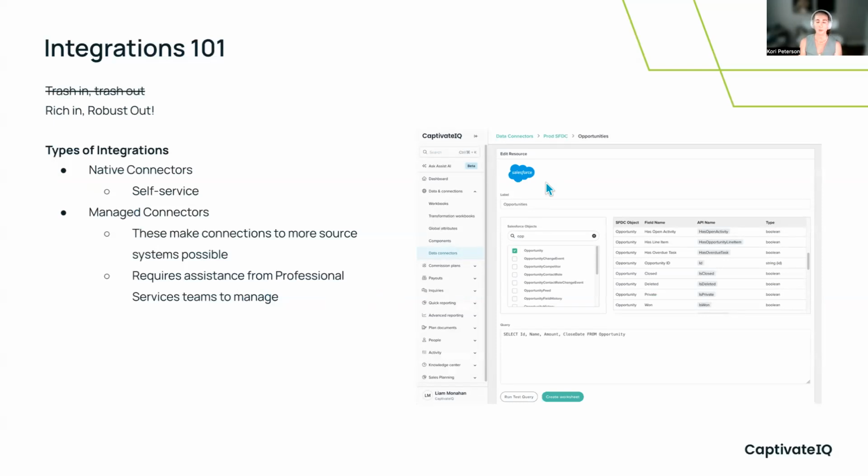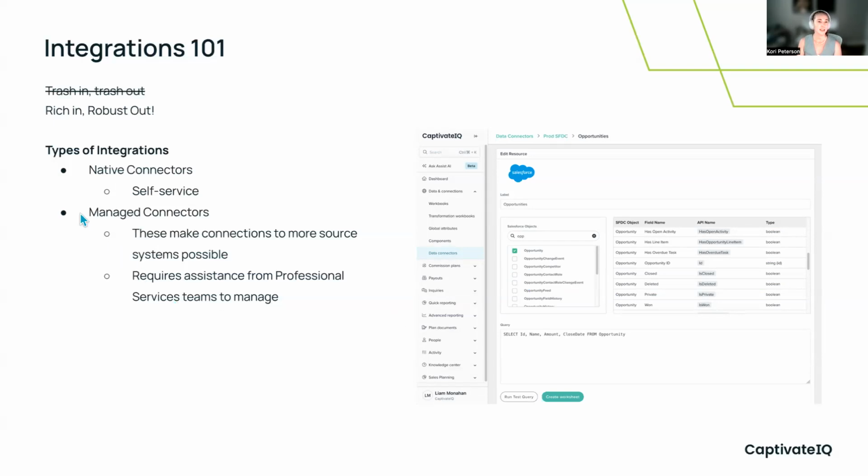Salesforce is an example of one of our native connectors. You can see here that the process of adding in additional objects, if you ever want to bring in more data, is pretty simple. It does require some minimal query building skills. But overall, we did try to make that UI as user-friendly as possible so that you can handle that yourself without needing to go through us to take care of that. So native connectors are a great option for having a dynamic data process.